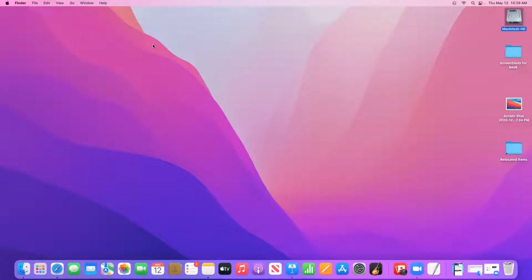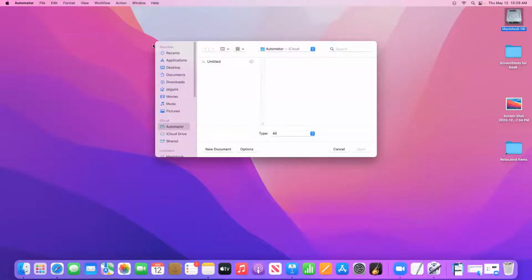AppleScript was a way to write code that would automate tasks on your Mac and perform a series of functions, one after the other, without you having to do that, like copy a number of files or open up a specific number of documents or perform a certain maintenance function. Automator took you to the next step. Let me just see if I can, there we go. Automator